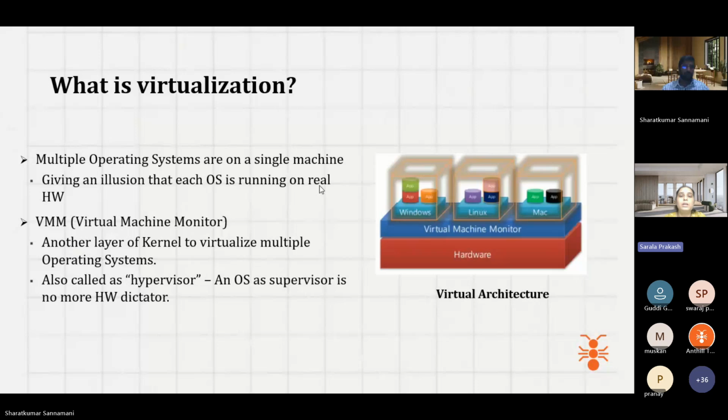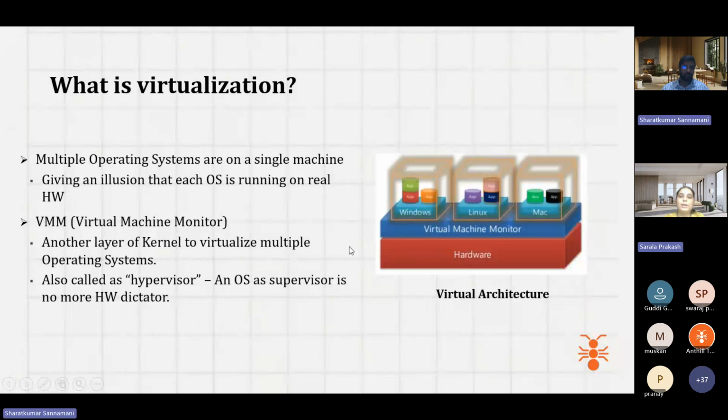So you can ask me what physical hardware resources it will give to the different operating systems. Let us consider this Windows will be running with an application. For this, we need 2 vCPUs, 4 GB RAM. Now, there is one more operating system, which is Linux, which requires 4 vCPUs and 8 GB RAM. So depending upon the requirement, your hypervisor will help you to divide the resources according to these guest operating system requirements.